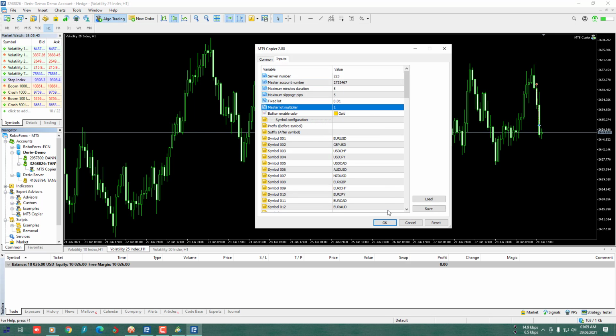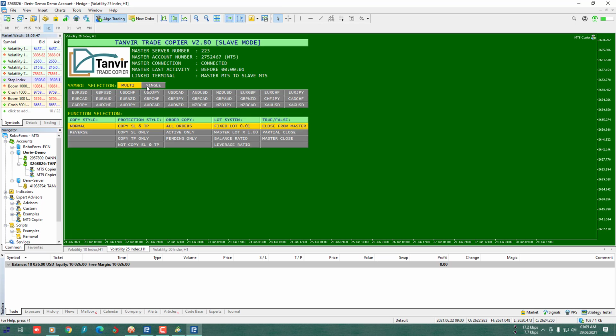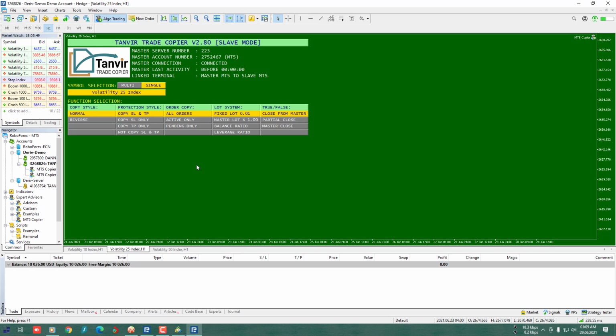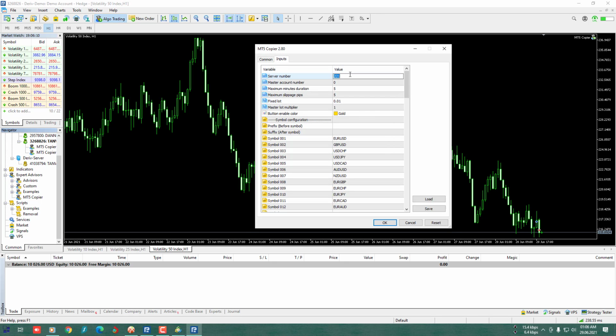So we have to set server number 223 in Volatility 25 Index with master account number. We set server number 224 in Volatility 50 Index chart in master. So we have to set server number 224 in Volatility 50 Index with master account number.